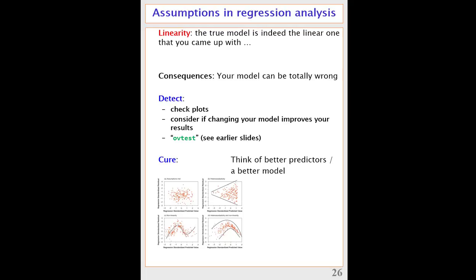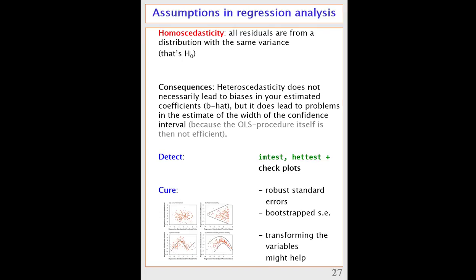It would be nice if you would have a command. For some other assumptions, we will see that we have an actual command. Okay, do I have linearity? And then you would like an answer. No, but that's not how it goes. You have to look at these different kinds of plots. For the other one, I'll show you in a minute how the plots actually work. For the homoscedasticity, there it's a bit,